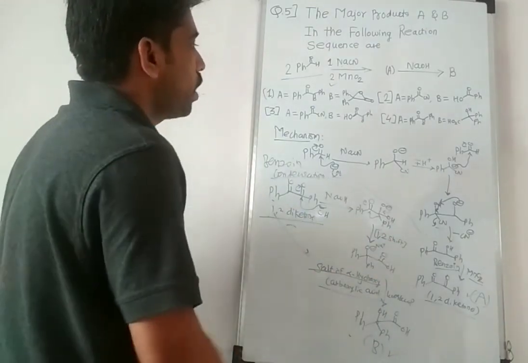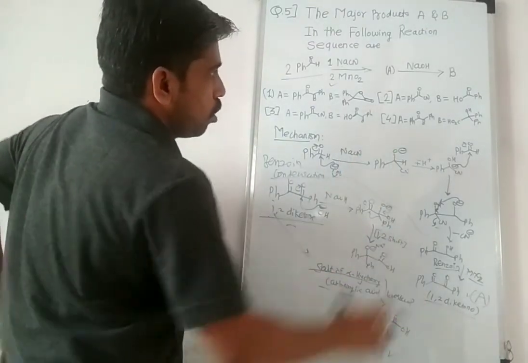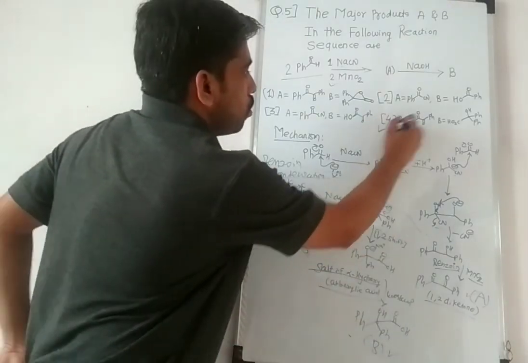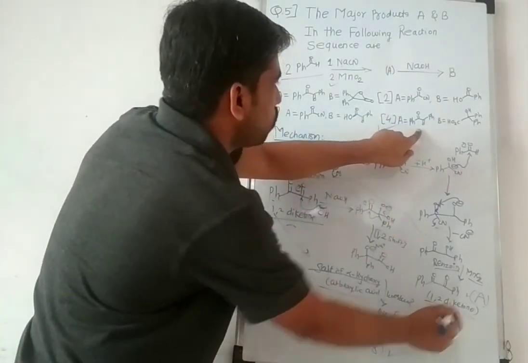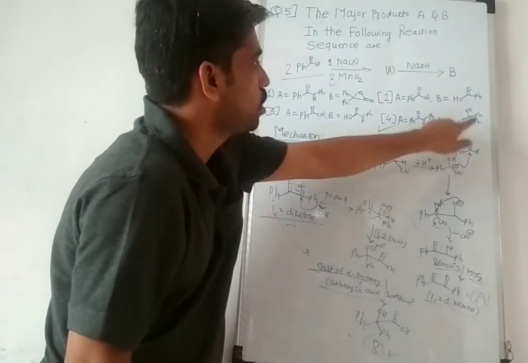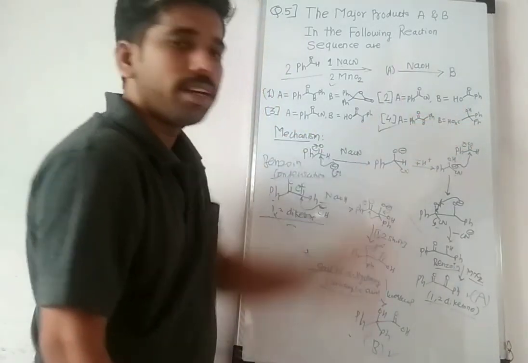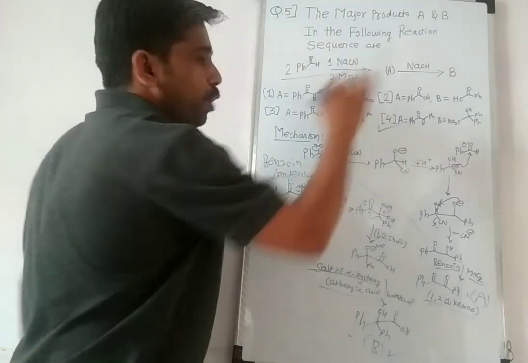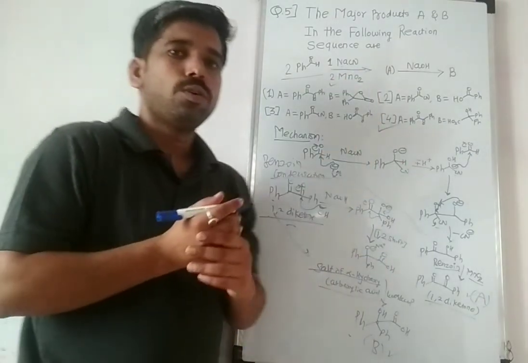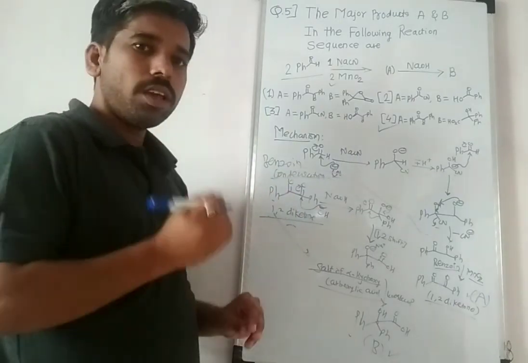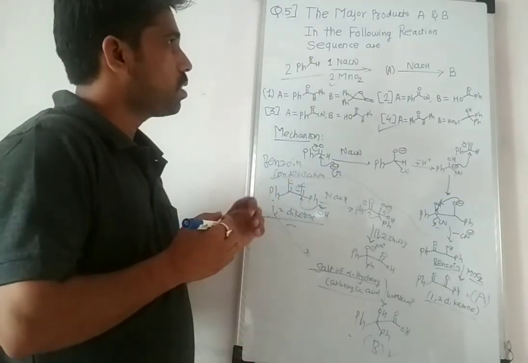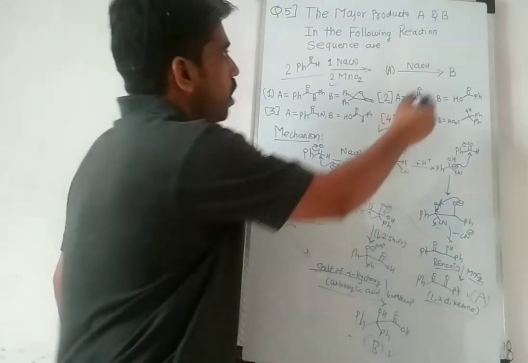Now our correct option is option number 4. That is, in A there is formation of the 1,2-diketone, and B gives the alpha hydroxy carboxylic acid. So option 4 is correct. Okay, this is all about this reaction. This example was asked in a previous NET exam for 4 marks.